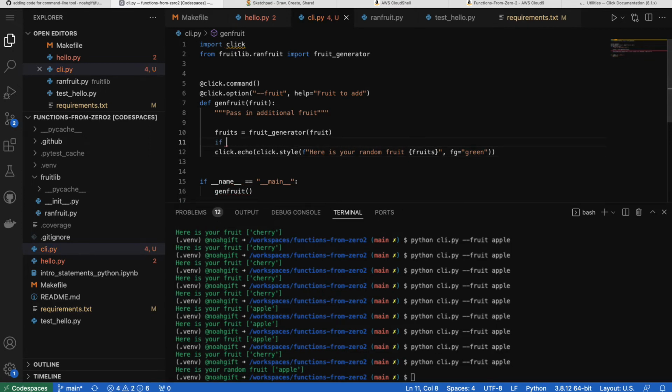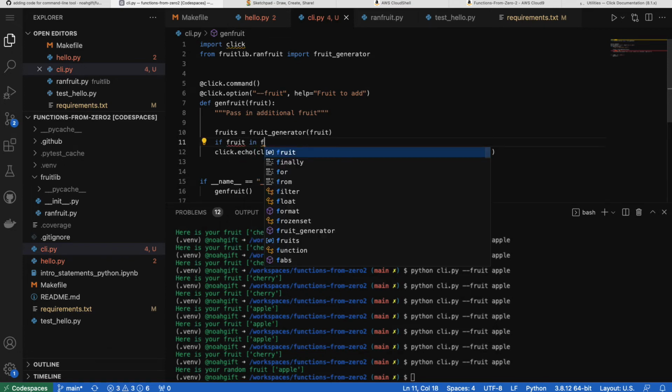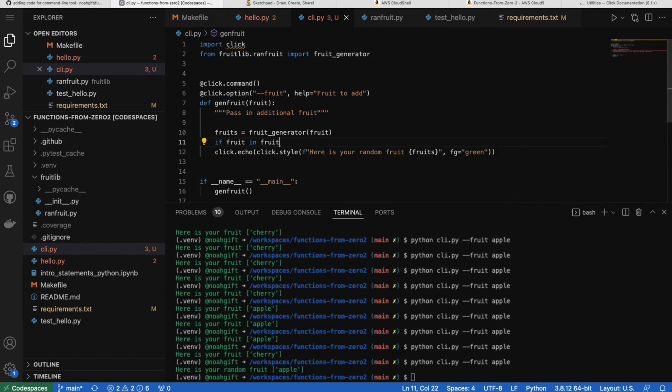And so what we can do is add a conditional statement that says if fruit is in the output that's randomly selected, we can highlight to the user and say, listen, your random fruit that you passed in was actually selected, right? So we say chosen fruits, change this up a little bit, and then we say chosen random fruit,